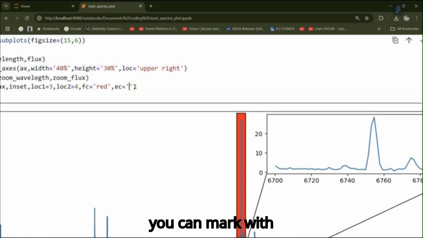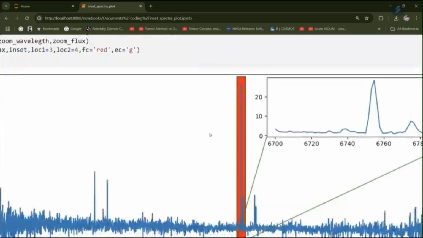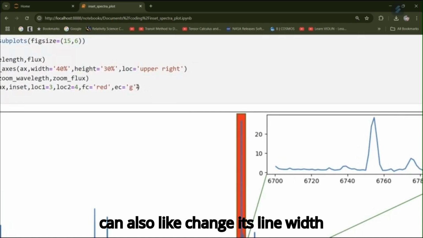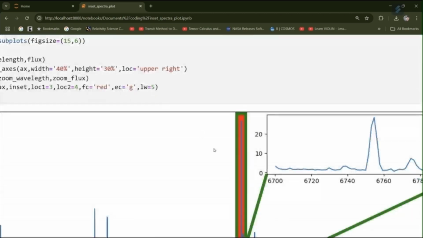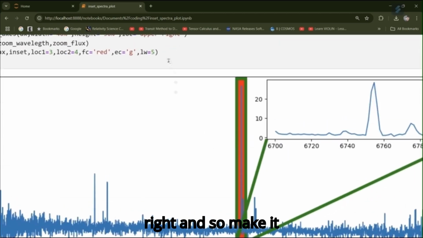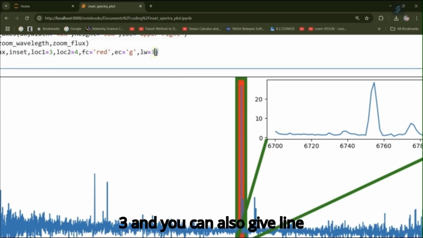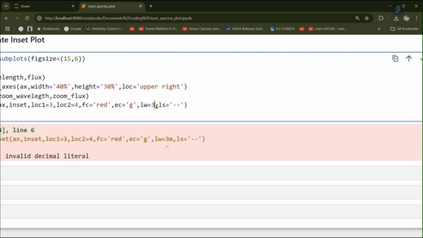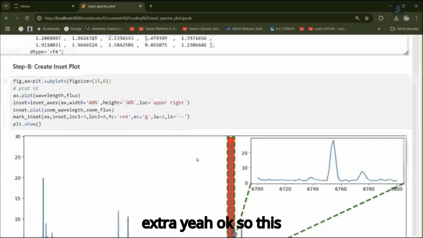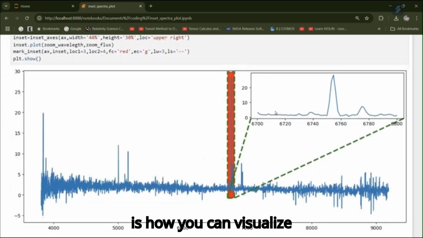You can mark it with green, right? You can also change its line width equal to 5, right? So make it 3, and you can also give line style equal to dash. There is extra, yeah, okay. So this is how you can visualize. Okay,